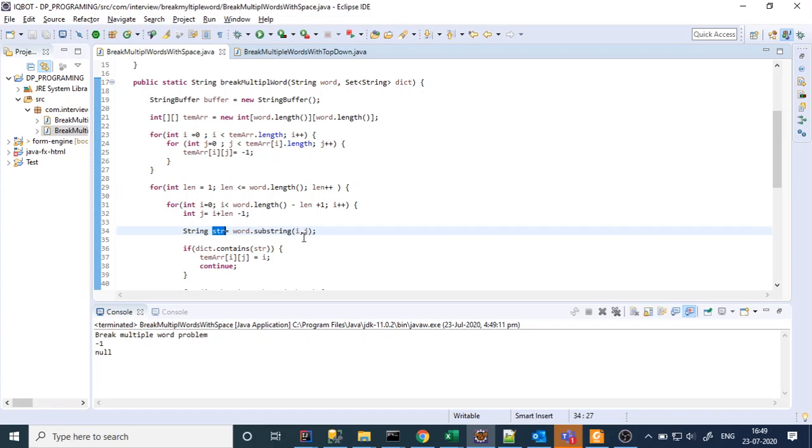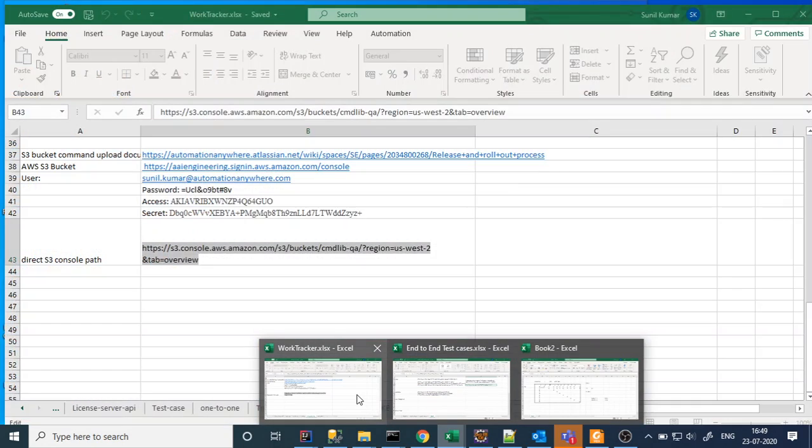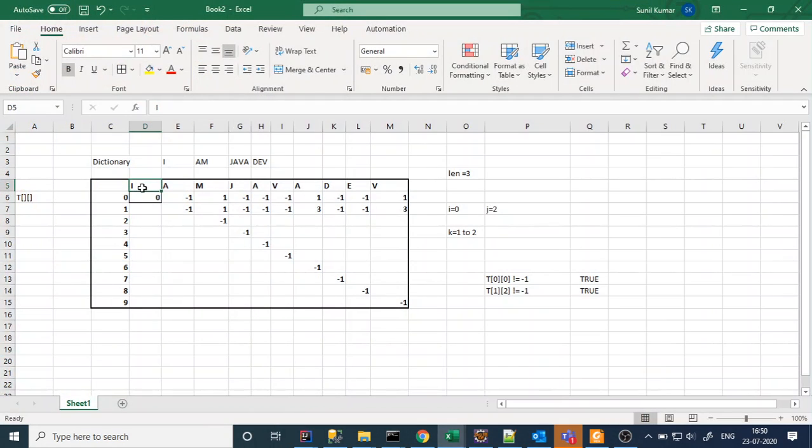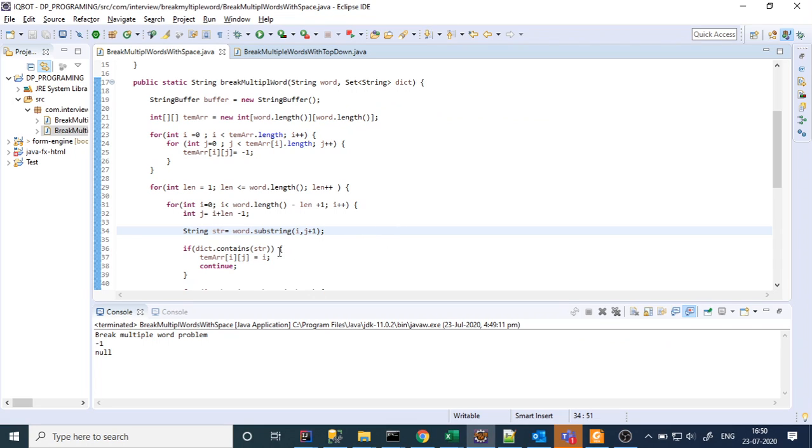Now I identify the I and till j. I till j, sorry, j plus 1, right? I j plus 1, that means till that index.